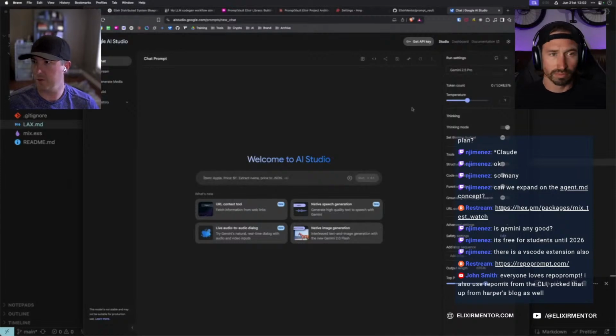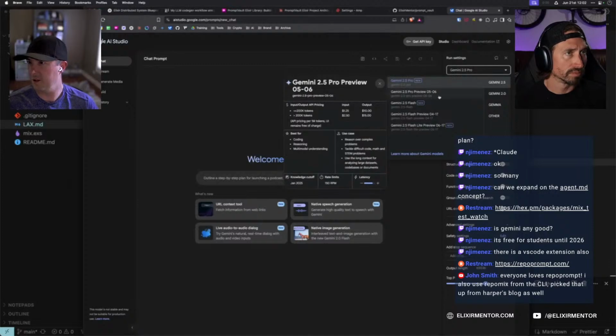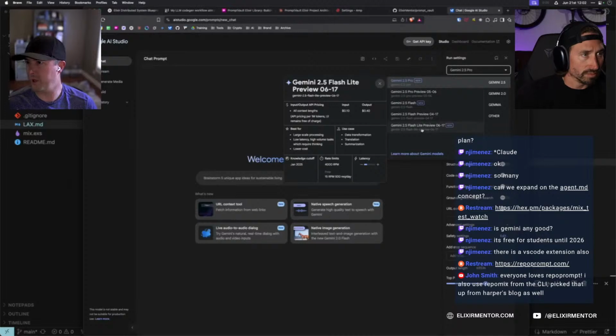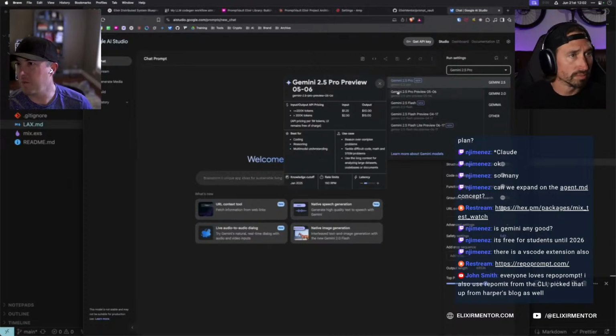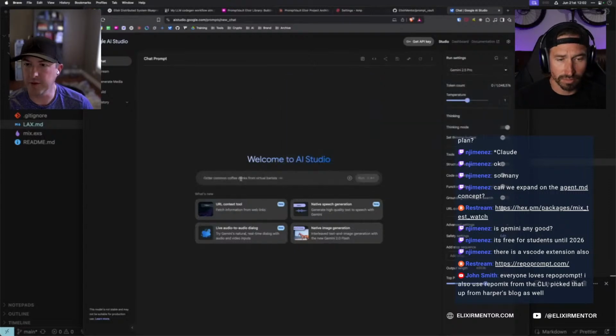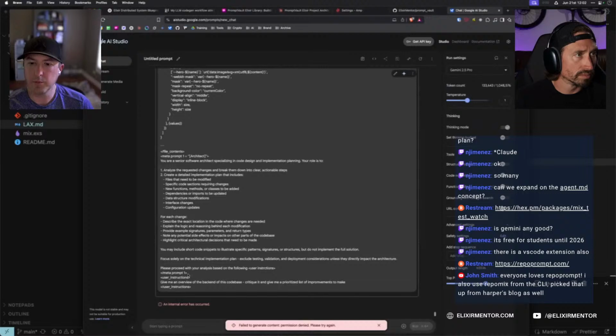Now I'm going to go back to Gemini 2.5 Pro. This is the latest version that came out a couple weeks ago. Knowledge cutoff January 2025. So you just drop that in, paste the whole thing in there, and run it. And it includes, of course,